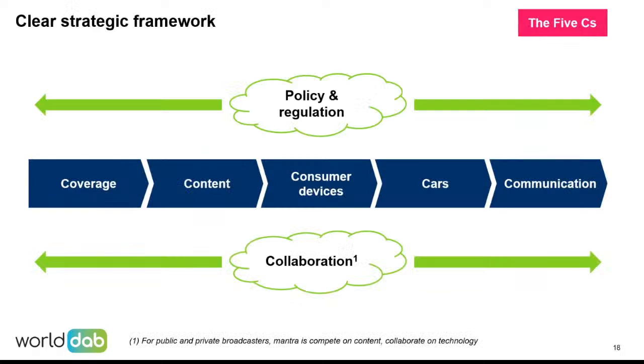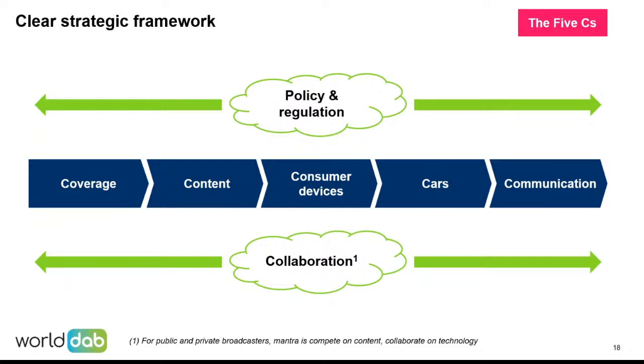This is sort of the key model that we encourage people to follow. It's called the 5 Cs. And these are the building blocks that you need to get right if you want DAB to be a success. And the 5 Cs are coverage, content, consumer devices, cars, and communication. So just very briefly,